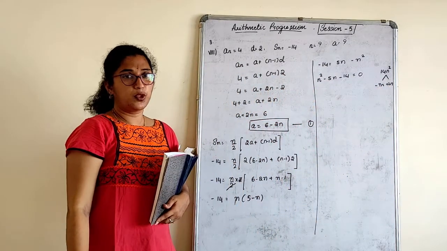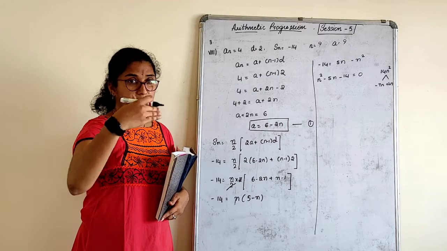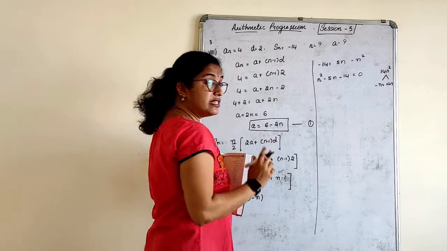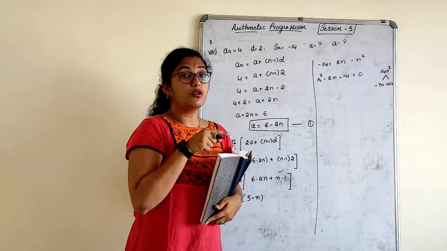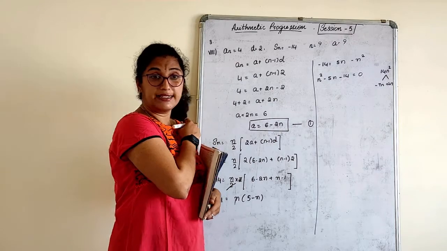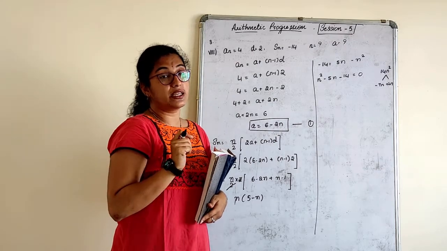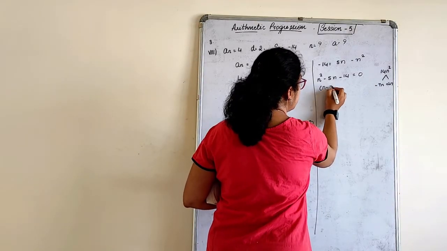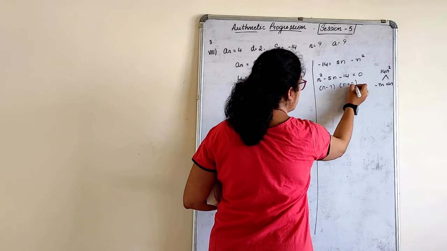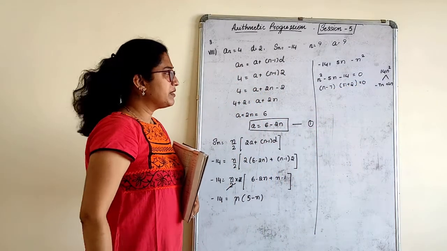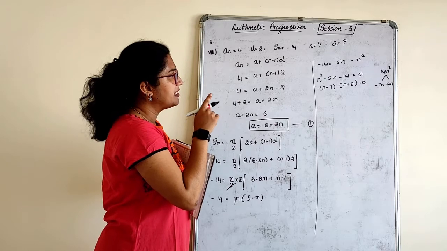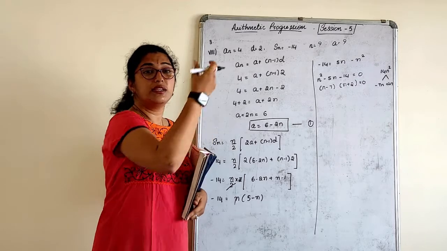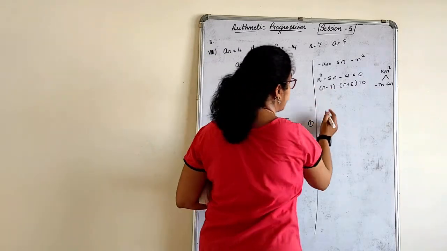Now this is AP. Nobody is checking your quadratic equation methods or something. We can use a shortcut method here. When the coefficient of n square is 1, we can use a shortcut method. We could not use this method in the last session. We had a quadratic equation like 2n square there, where we cannot use it. See, this will be written as n minus 7 into n plus 2 is equal to 0, right? Same thing: n square minus 7n plus 2n minus 14 is equal to 0. One step I have skipped. If you want, you can do it stepwise, or else directly we can write.